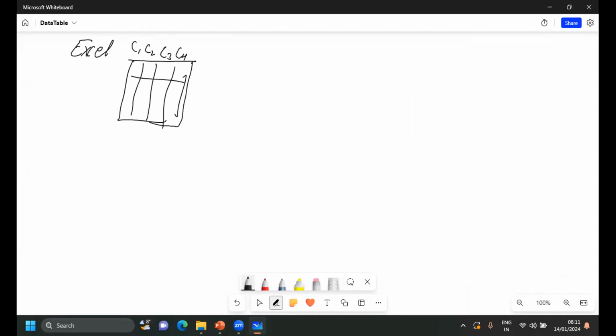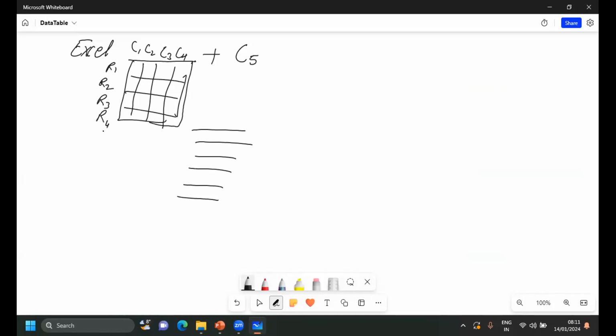Now what people are expecting from you is to add a C5 column in this one, and to add a few rows of data. You have R1, R2, R3 rows. This is information about